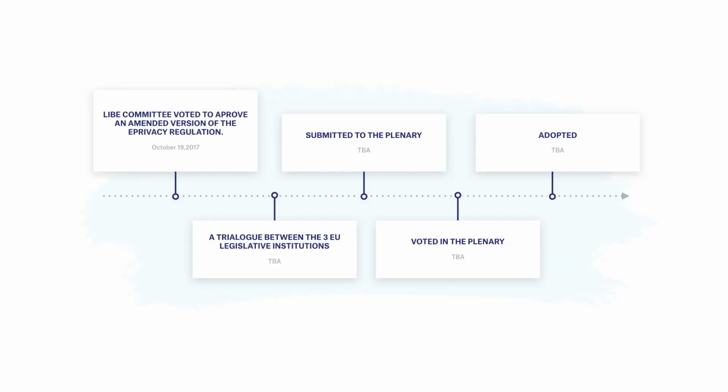So, as I've mentioned, e-privacy is still a directive in the process of being transformed into regulation. And when introduced, it will repeal the current directive and complement the GDPR. It is not known exactly when the e-privacy regulation will come into force. The proposal is set to be negotiated in a trialogue between the three EU legislative institutions, the European Parliament, European Council and the European Commission. And because of the delays in the negotiations, it is unlikely the legislation will be implemented before 2020.